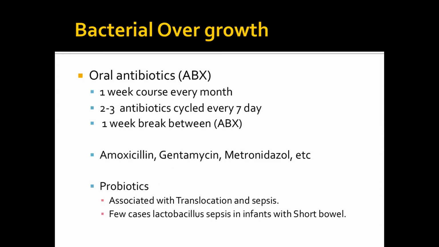How to treat it? Usually by oral antibiotics. We call it a cycling antibiotic regime. You can choose one antibiotic or a combination of 2 or 3 antibiotics. If you choose one antibiotic, then give it once a month over one week period, and give the patient a break for 3 weeks. But more commonly, in clinically significant patients, you should treat them with 2 or 3 antibiotic choices: amoxicillin, oral gentamicin, and metronidazole. All these should be given orally, each one over a 1 week period with 1 week break in between.